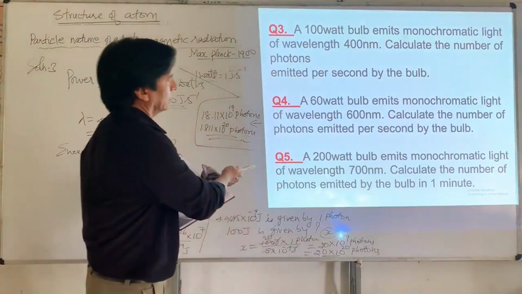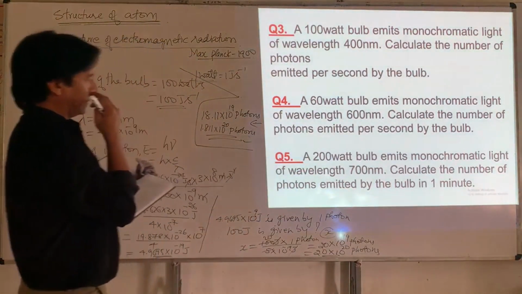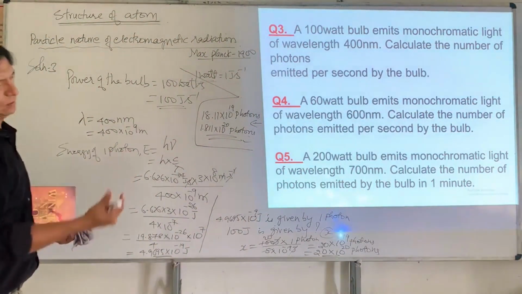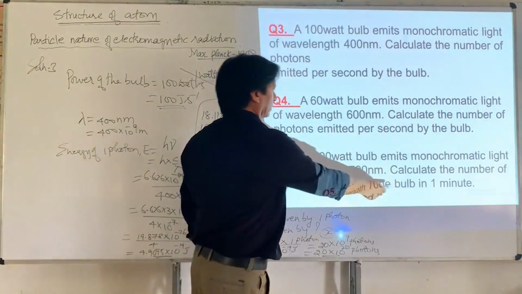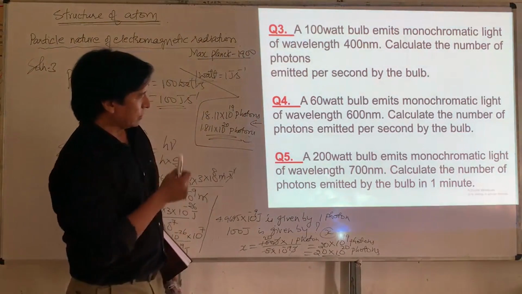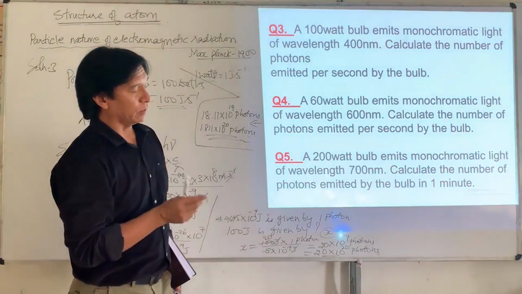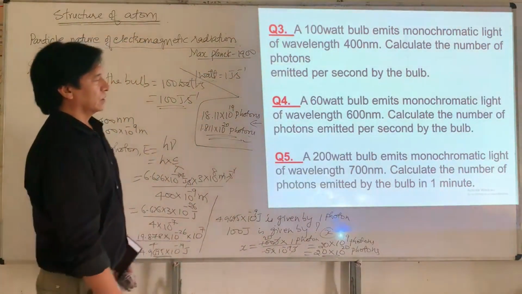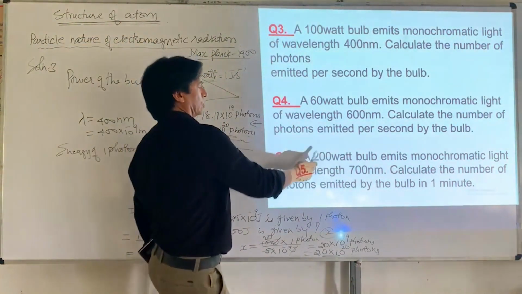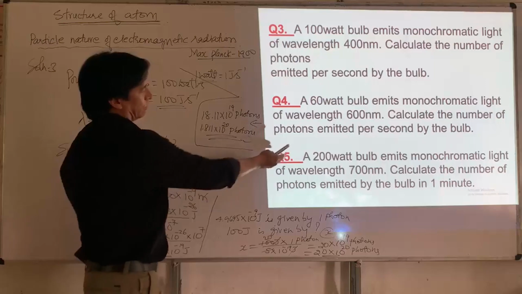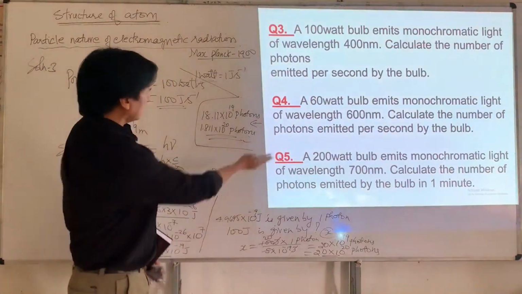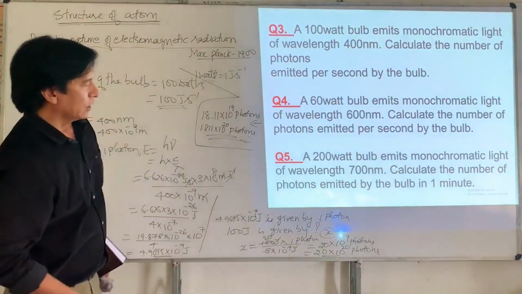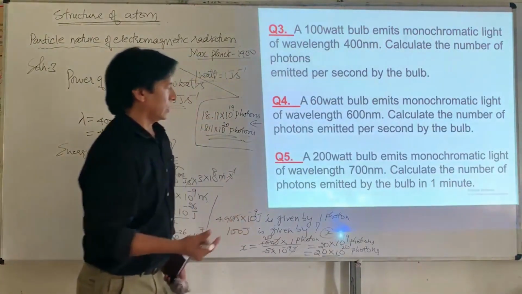And now the same kind of problem for you, but the only difference is, you're asked to calculate the number of photons emitted by the bulb in 1 minute. So it's actually 20 joules in 1 second. You will find the number of photons. Do the same thing, same kind of steps. You will find the number of photons emitted by this bulb